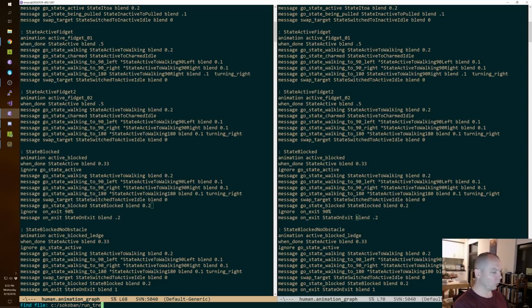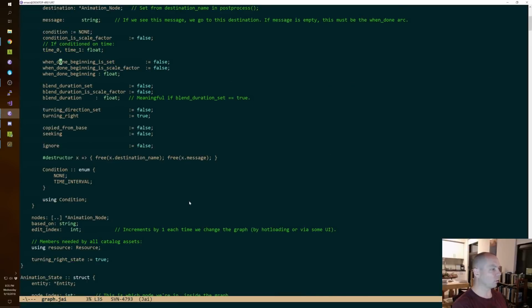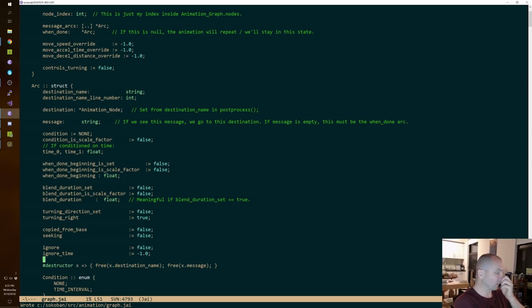So we're doing easy tasks today because I've had a slow day. But then again, these are easy tasks that people have been waiting on. So we're going to go into our ignore command, well, everything about ignore. Okay, so we have an ignore Boolean that gets set if we're supposed to ignore this animation. Maybe it's not ignore. Okay, so the problem is